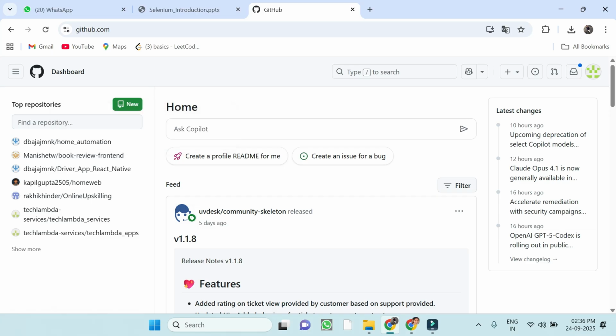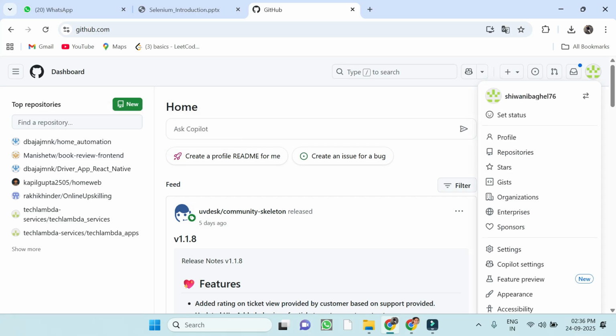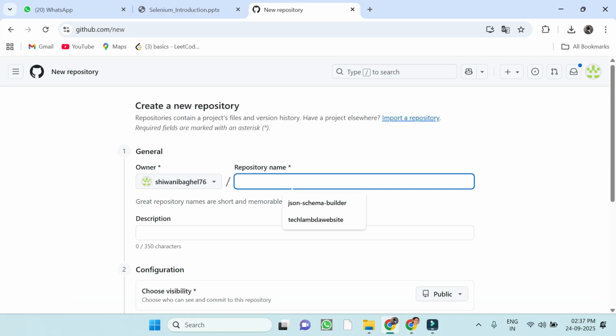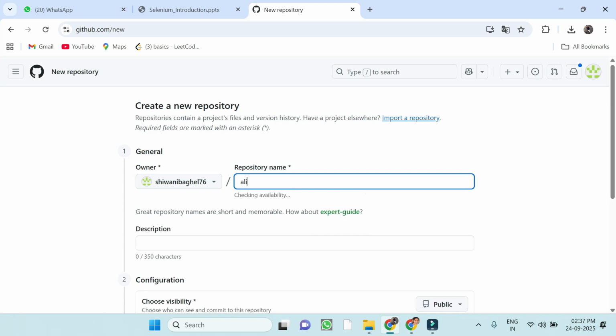If you create your own repo, you go to your side in GitHub. This is my profile. If you create any repository, you go to repositories and see here. You click here and it opens. If you want to create your own repository, you go to the new section, click New, and here you give the repo name. Repo name means the software you prepared, for example for a driver. You give it a project name, like I gave Ali Auto. This is a project name or repository name.